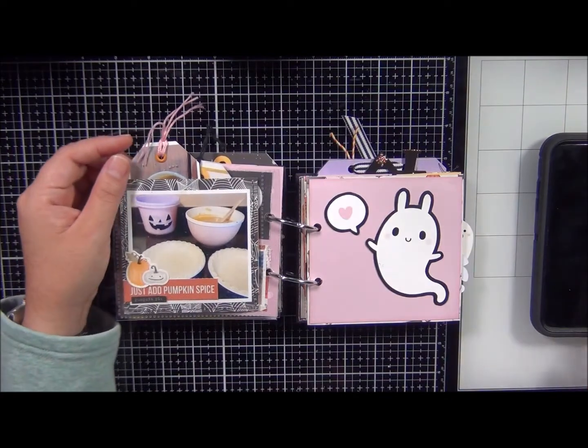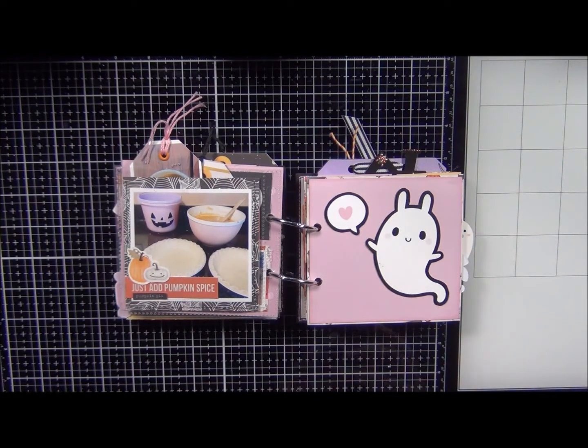And this one was, sorry I keep reaching for my phone, but I want to keep